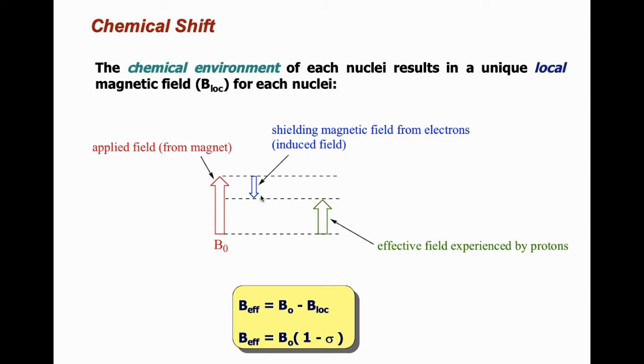Therefore this induced local magnetic field is opposing, and so naturally the nucleus doesn't experience, even though you are applying this much magnetic field, the B0 magnetic field. Instead it will experience only this much magnetic field, according to the mathematical description that we have done in the last slide. So the effective magnetic field is less because of the electron clouds. Therefore, it will resonate at a slightly different frequency than what it is supposed to be as per the Larmor frequency.